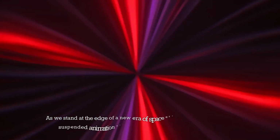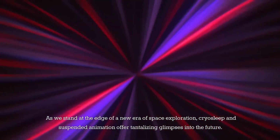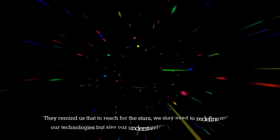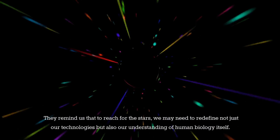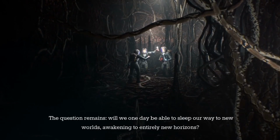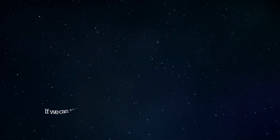As we stand at the edge of a new era of space exploration, cryosleep and suspended animation offer tantalizing glimpses into the future. They remind us that to reach for the stars, we may need to redefine not just our technologies, but also our understanding of human biology itself. The question remains, will we one day be able to sleep our way to new worlds, awakening to entirely new horizons? If we can solve the